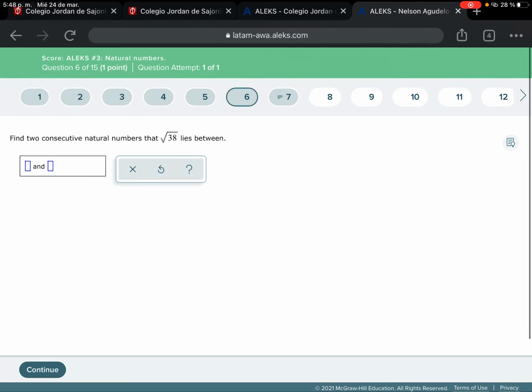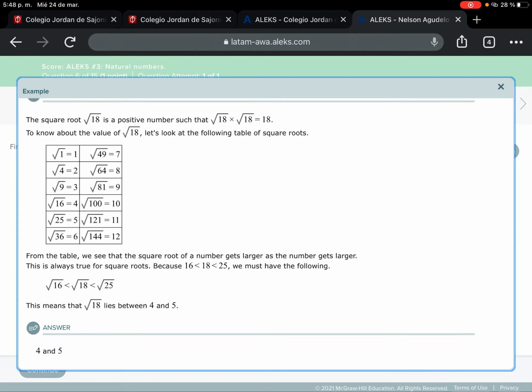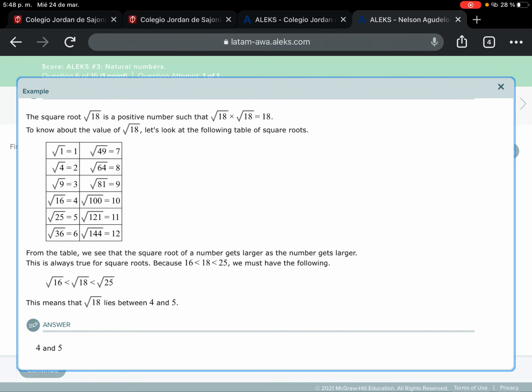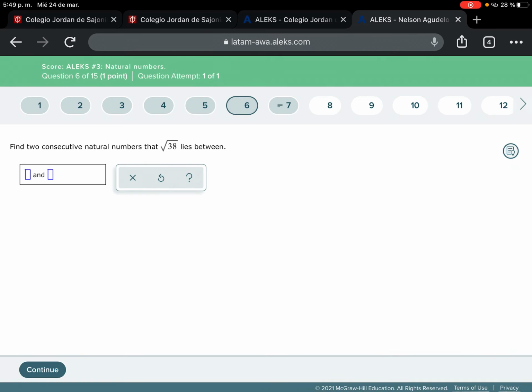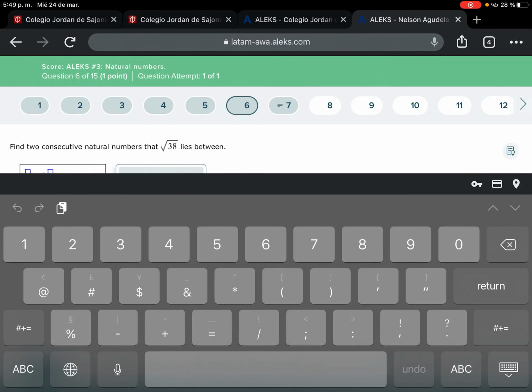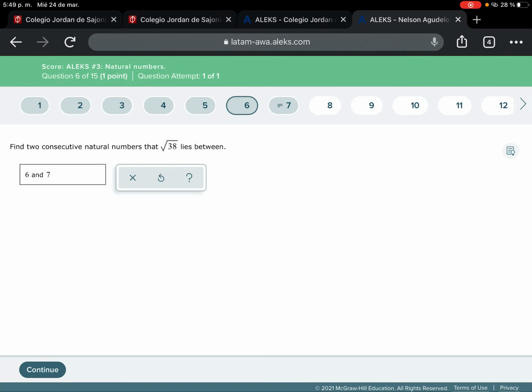So remember, the square root of 38. The square root of 38 is between the square root of 36 and the square root of 49. So if it is between the square root of 36, which is 6, and the square root of 49, which is 7, then the square root of 38 is between 6 and 7. And that is what we are going to answer, okay? Between 6 and 7. And that is how you solve this type